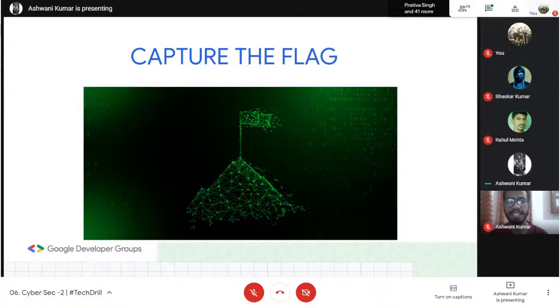This is actually something that has been given to practitioners of ethical hacking, those who are coming into this domain of ethical hacking and cybersecurity. So it is a simulated environment provided to them.